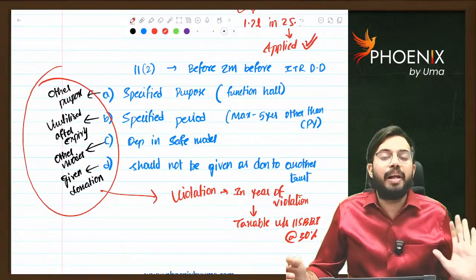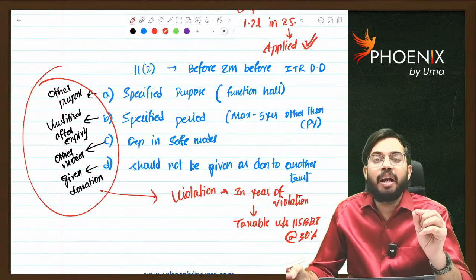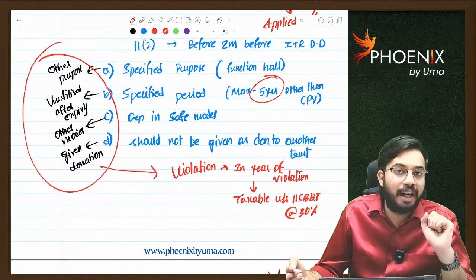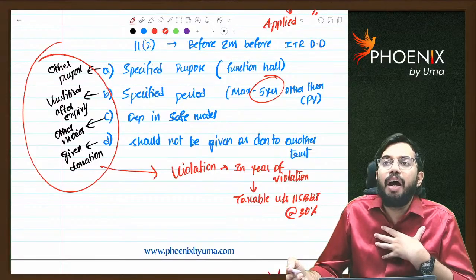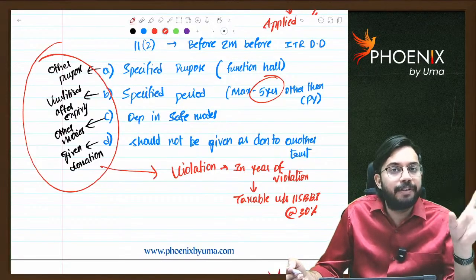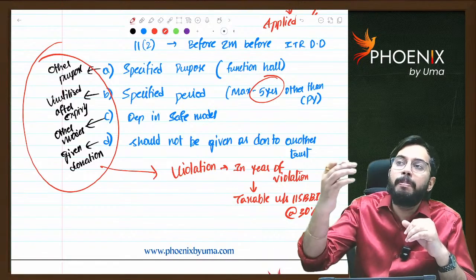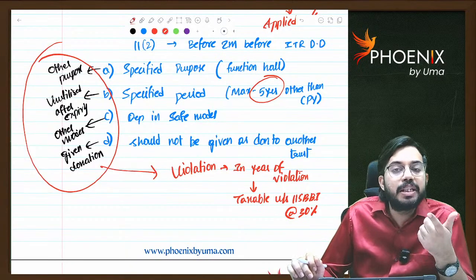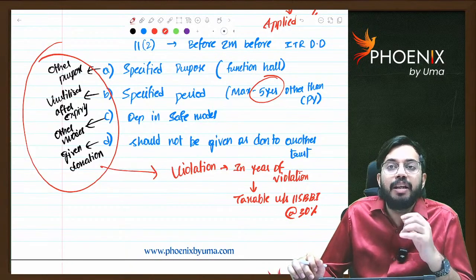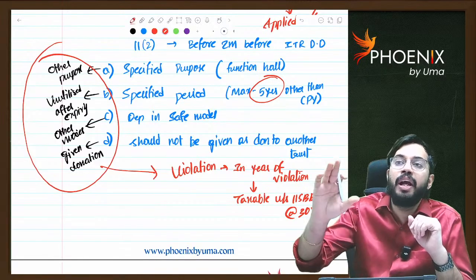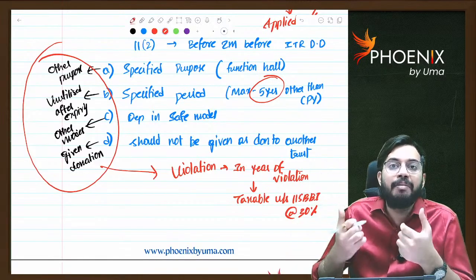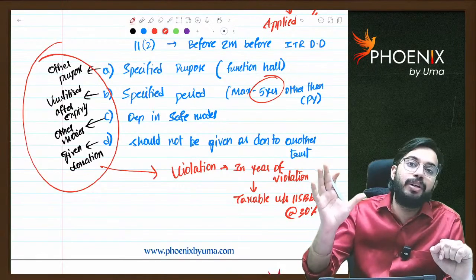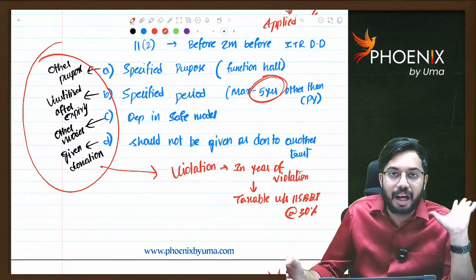So that is the concept relating to section 11(2). Here one important point is that the maximum accumulation allowed is 5 years other than the current previous year. Like I gave a declaration and specified 5 years. Now I wanted to buy land for the purpose of constructing a function hall, and I gave an advance for the land also. After 1 year, that land was under litigation and the court gave a stay on that land. Whatever time I lost because of the stay by the court, that period is to be excluded while calculating this 5 years. Are you able to understand?